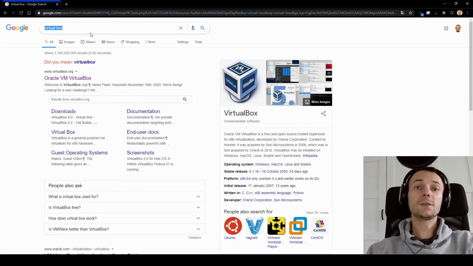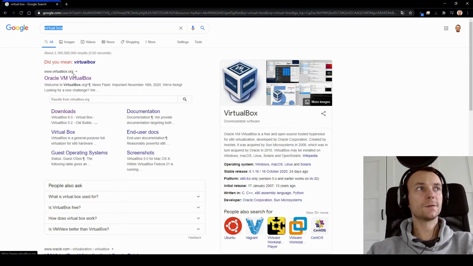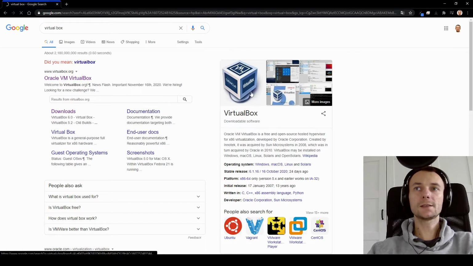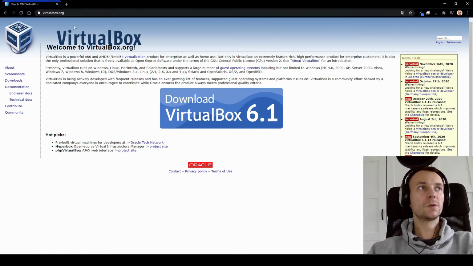And the first thing you need to do is to type VirtualBox in your browser so that you can find a website where you can download it. So probably the first result that will pop up in your browser will be the right one. So just open virtualbox.org and click on it. So now we are moved to VirtualBox, and you can just click on download VirtualBox or you can go to